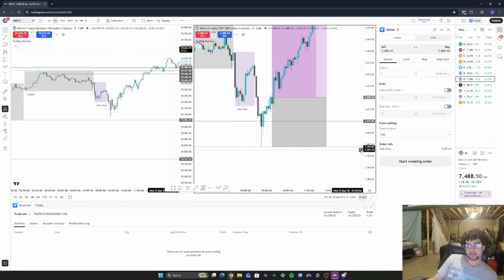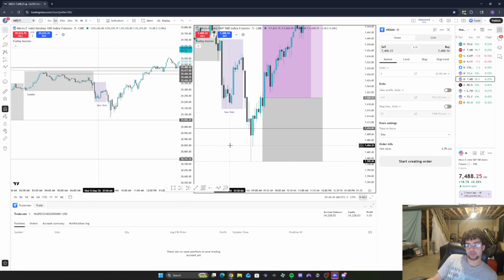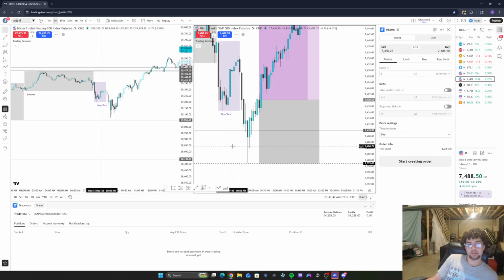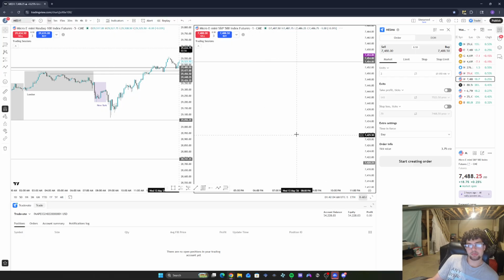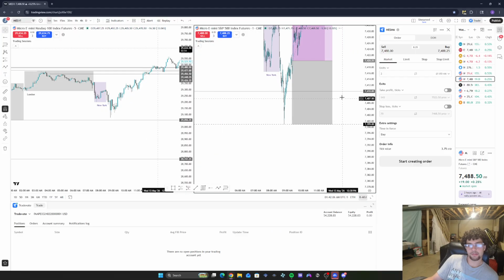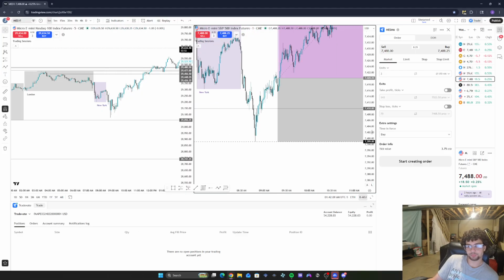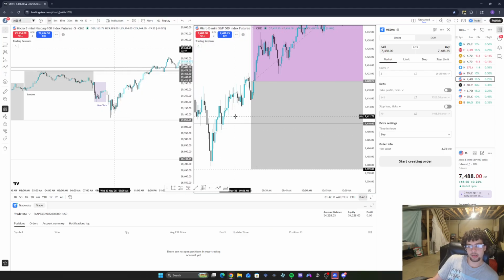Okay, so what happens? Okay, we're going to wait for some sort of 5-minute confluences. One of my 5-minute confluences that I use: break of structure, inverse fair value gap. Okay, so as you can see here, this is a high. We don't break above it until we get to this high. We make this high. We break above it right here. Okay, now from 9:10, well 9:14, because that's what it's called, the last candle that's finishing the break of structure. 9:14. Okay, we move to the 1-minute chart.